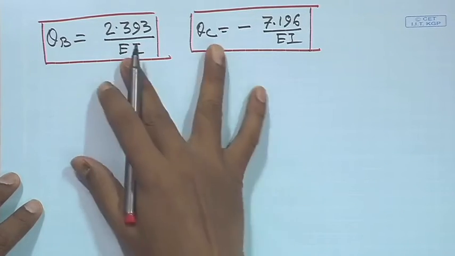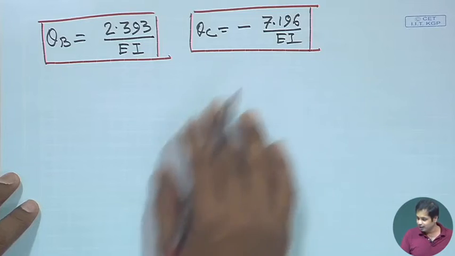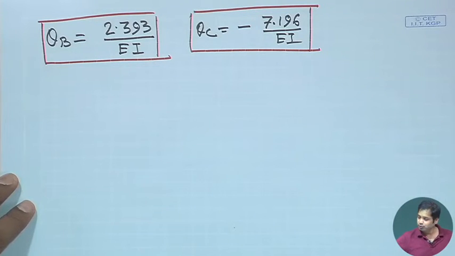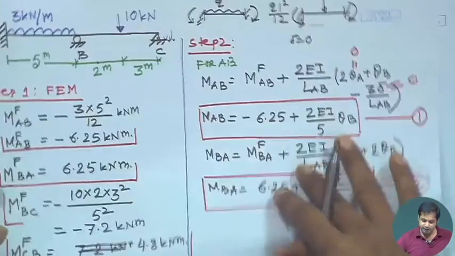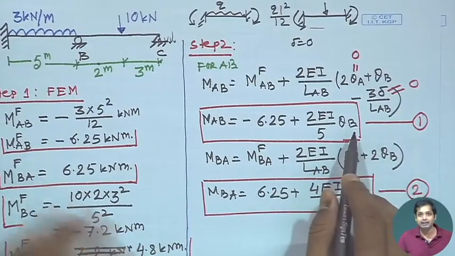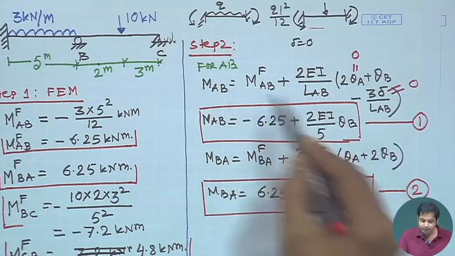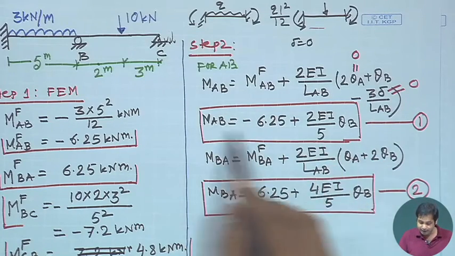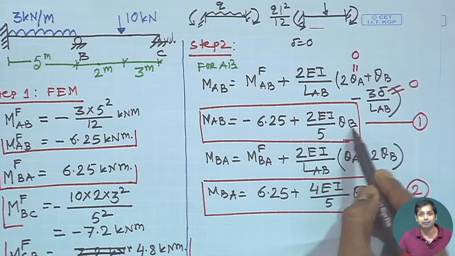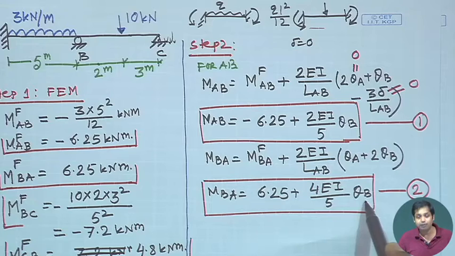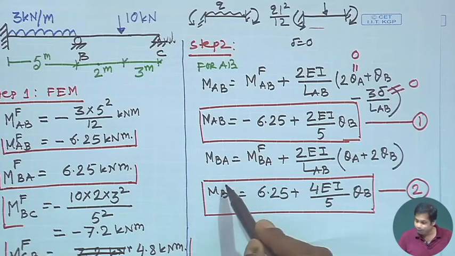Okay. Now, once we have theta b and theta c, what we need to do next is just substitute these values of theta b and theta c in this. See, this is the slope deflection equation for AB. Now, in this expression, if we substitute the value of theta b, we will get the value of MAB, and in this expression, if we substitute the value of theta b,